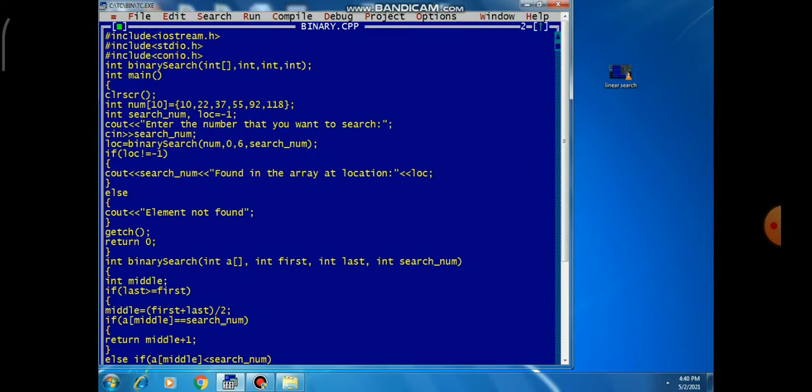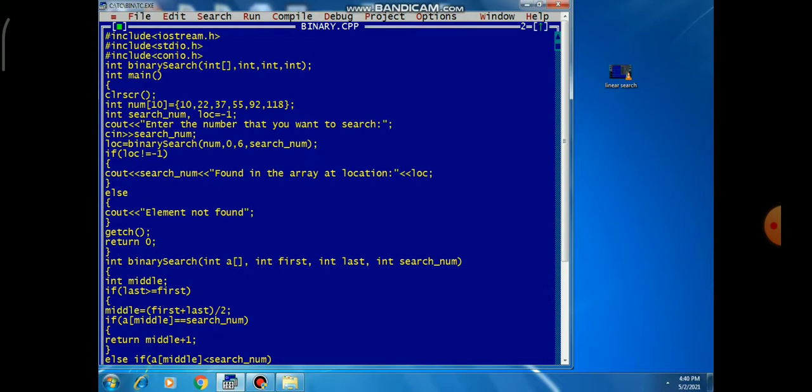And here students, to find middle we have to add first plus last divided by 2.